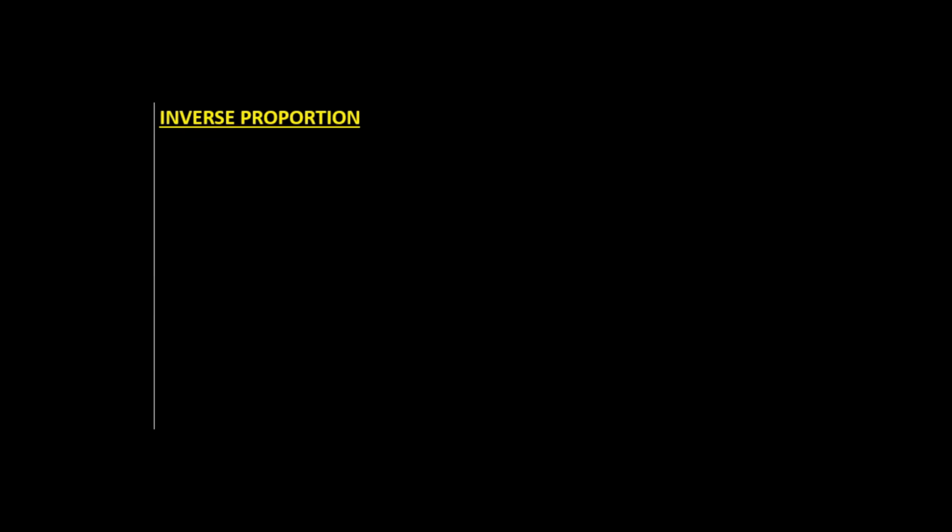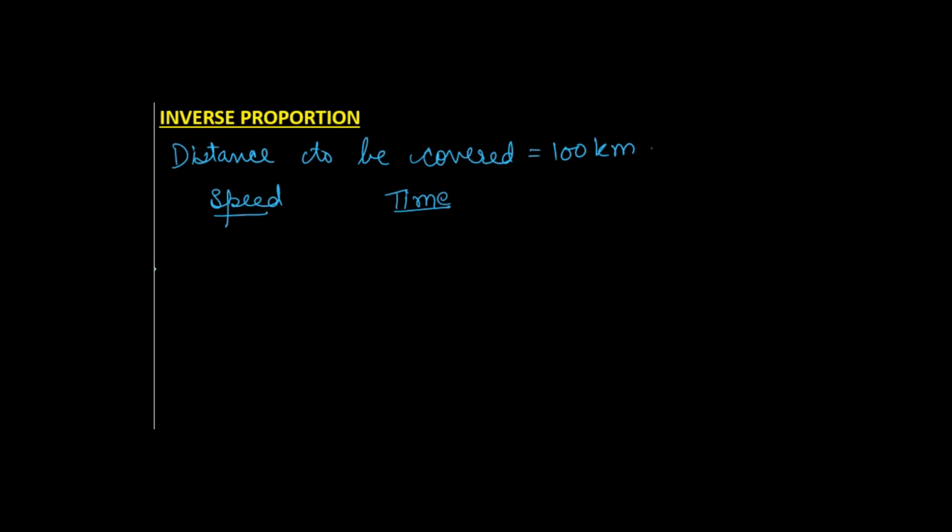Let us consider an example in which we will take the speed of the car and the time taken to cover a distance. Let the distance to be covered by the car be 100 kilometers. Now we will take the speed of the car and the time taken by the car to cover a distance of 100 kilometers. So when the speed is 100 kilometers per hour, the time taken is 1